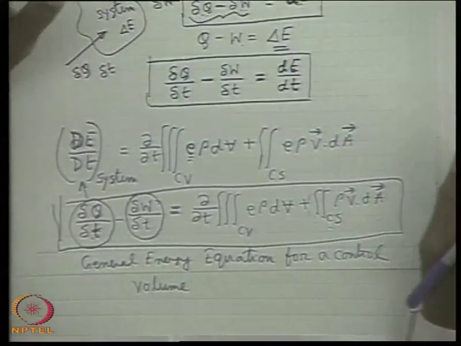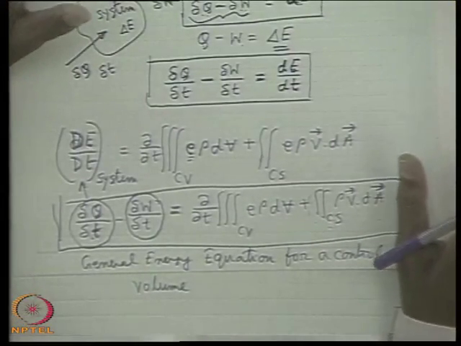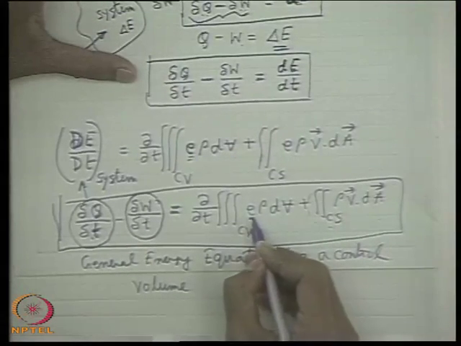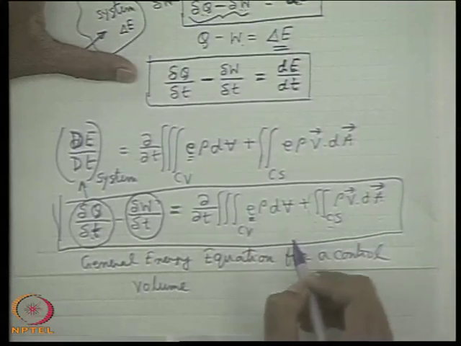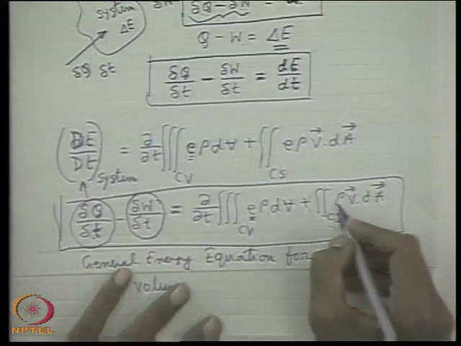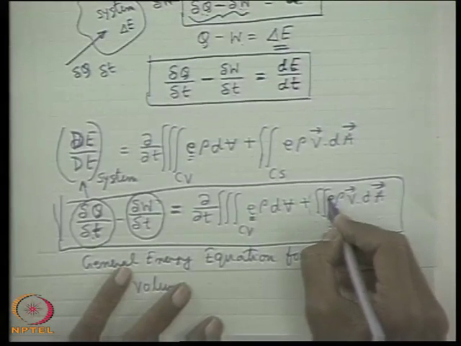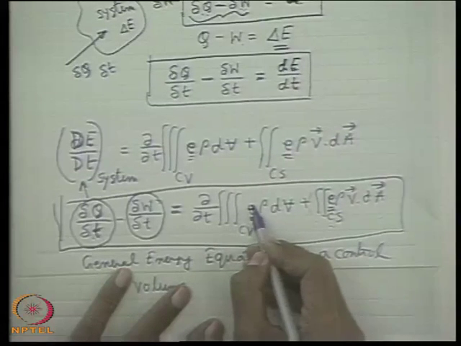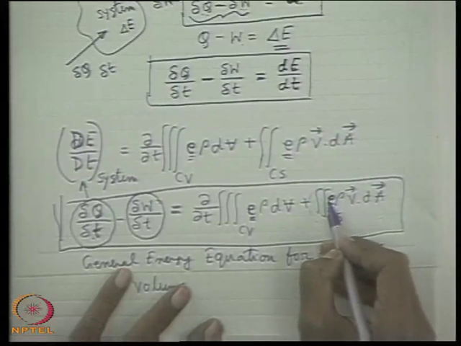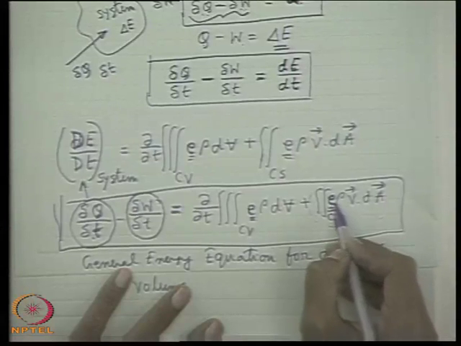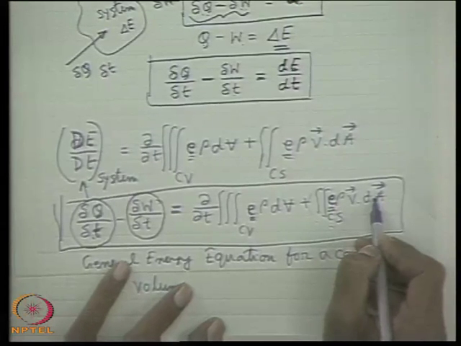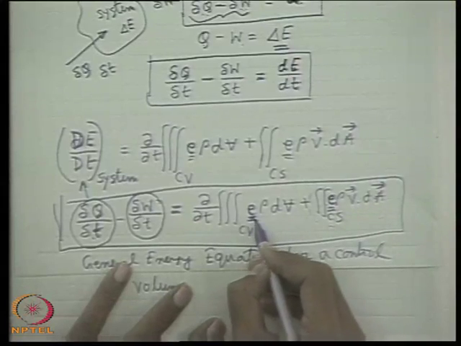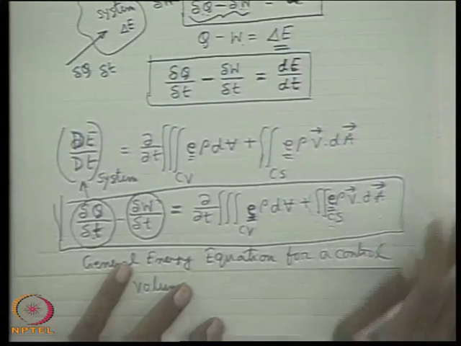Now, next task is that this energy equation is well known for a control volume. Next task is to recognize what is the internal energy E here, because here also I have forgotten to write E. So, what is this E? That means, what is the energy which is associated with a flowing particle, because this is going out when it is flowing across the control surface. So, our main task is now to recognize this energy.